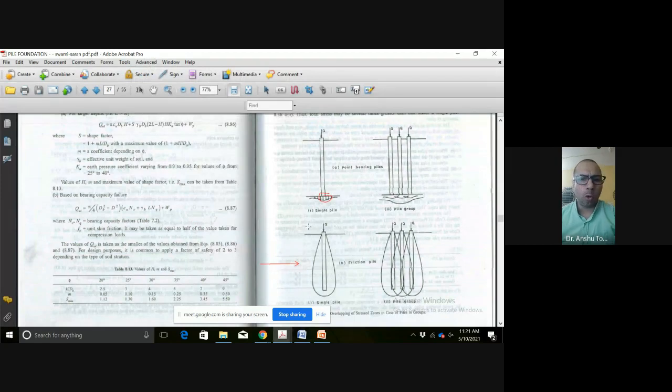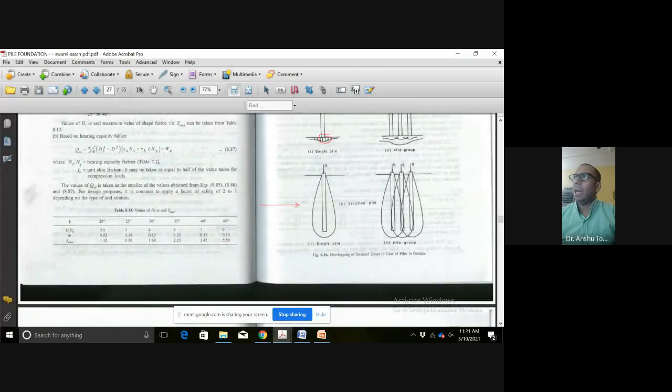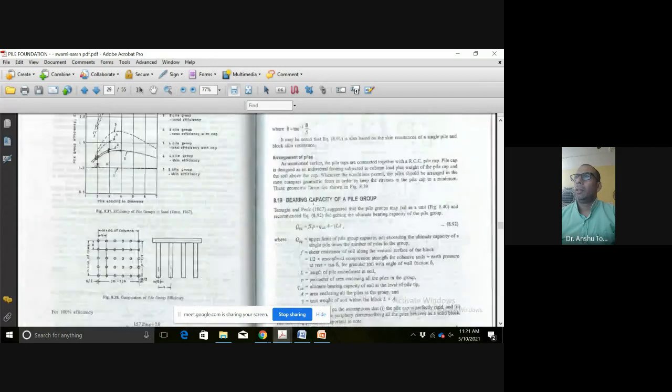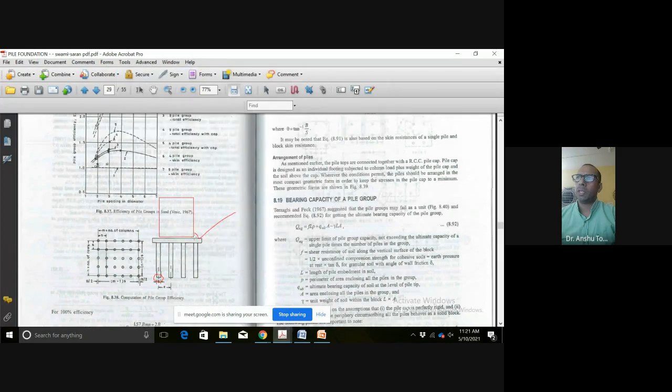So these are the two components which are going to give you the final value of the bearing capacity of the pile, and that is the load taken by that particular pile. And if you are having a pile cap above it, so this is the pile cap you are having. These piles with end bearing effect plus skin friction is going to take the total load, and your superstructure is resting onto this. The superstructure is resting onto this particular pile cap.